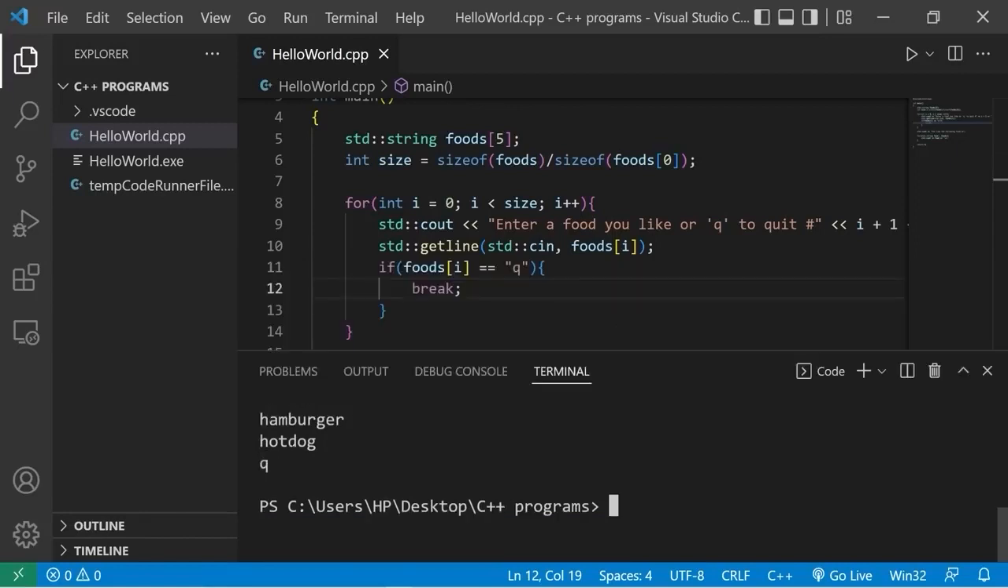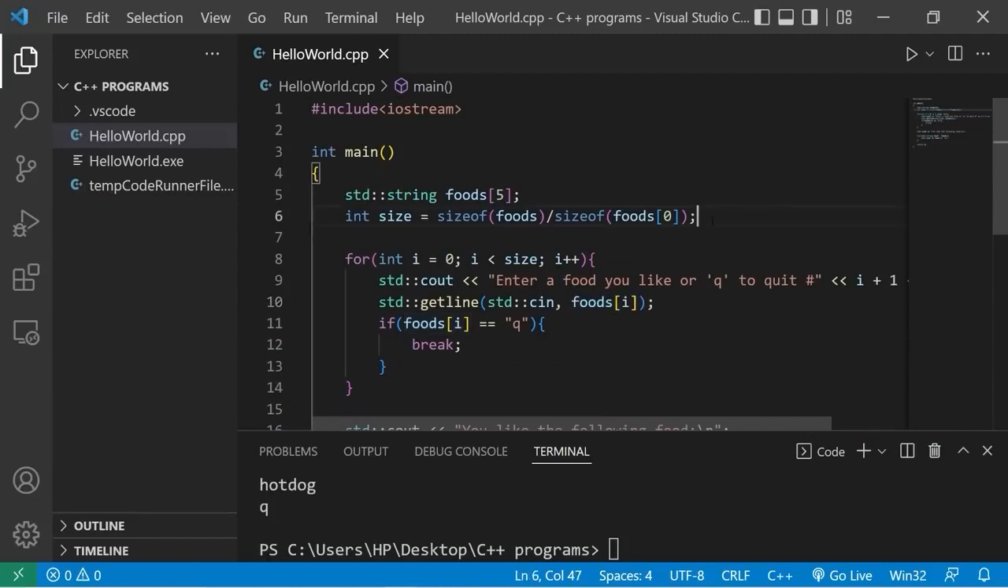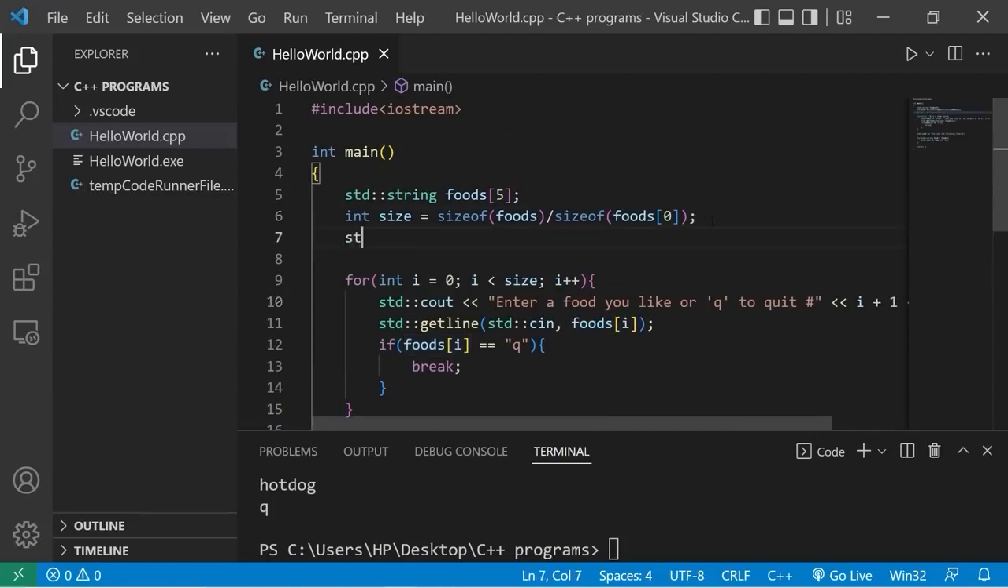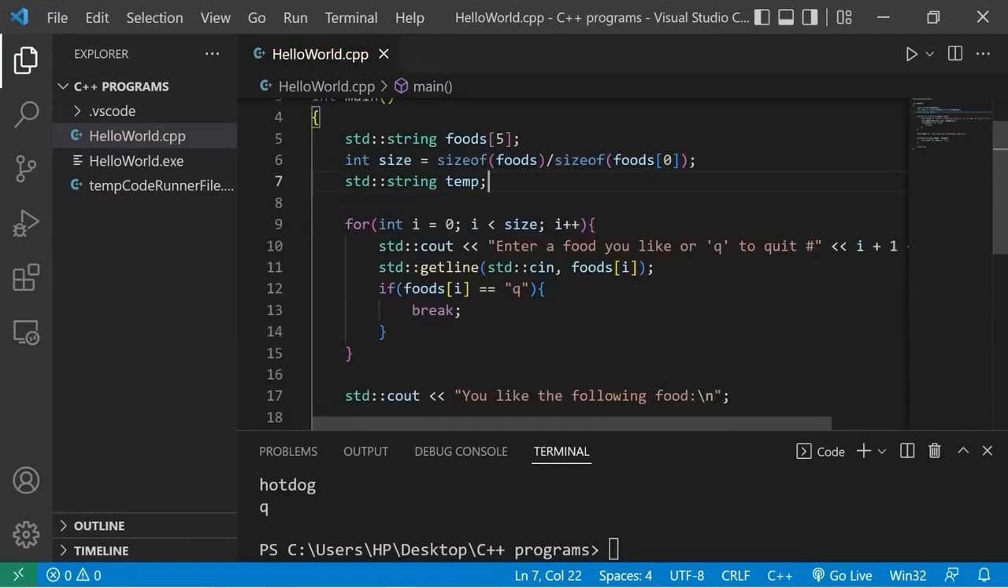I'd rather not put the letter Q in my foods array. I'm going to create a temporary variable, just to hold some user input. This will be of the string data type, standard string. I'll name this temp, meaning temporary. In place of directly putting my user input into my foods array, I'll place it temporarily